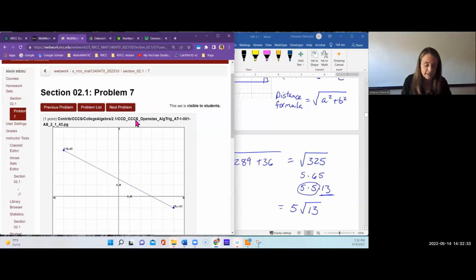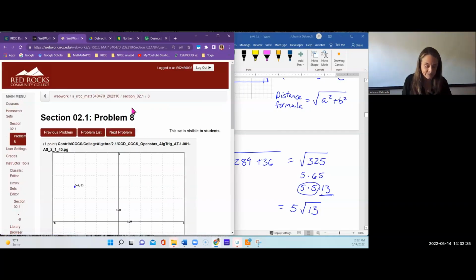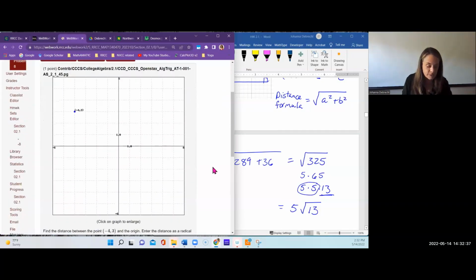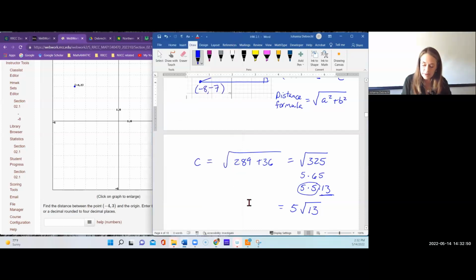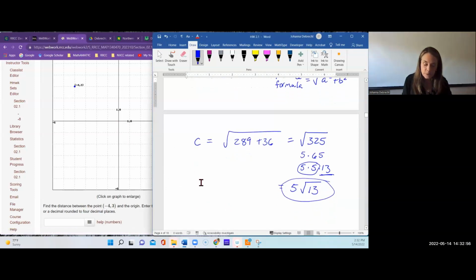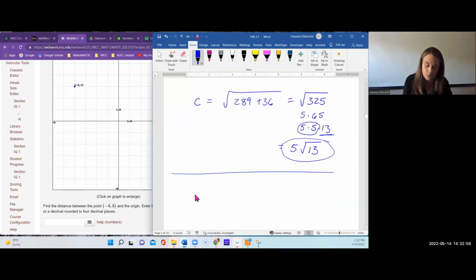Let's take a look at something that's slightly different. In this particular problem, it says, find the distance between the point and the origin. This one I do want to do because some students get confused when it says the origin and doesn't give you an ordered pair. But that's really not a problem. We know that the origin is the point 0, 0. So when we're looking at this, we can solve this